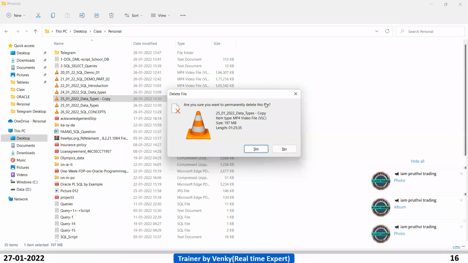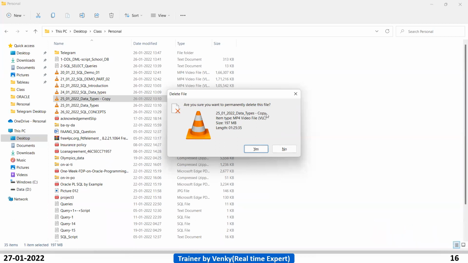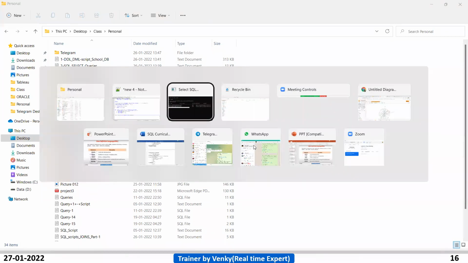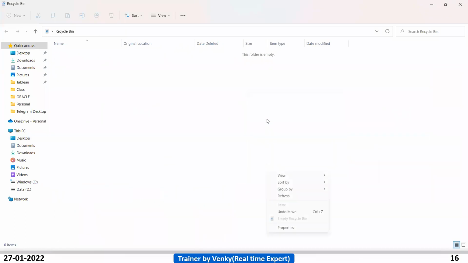It is going to be deleted permanently. When you use shift with delete, it deletes permanently. That is the reason it is asking: are you sure you want to delete permanently? Without shift, it goes into the recycle bin, right? So the operating system knows that we can get it back also. That is the reason it was not throwing this pop-up. Now delete it. Go to the recycle bin now. Is there a file here? No. Why has it not come into the recycle bin?